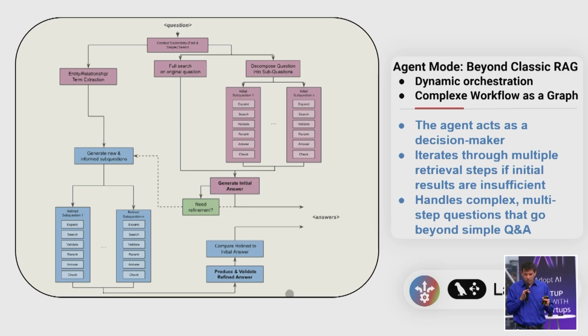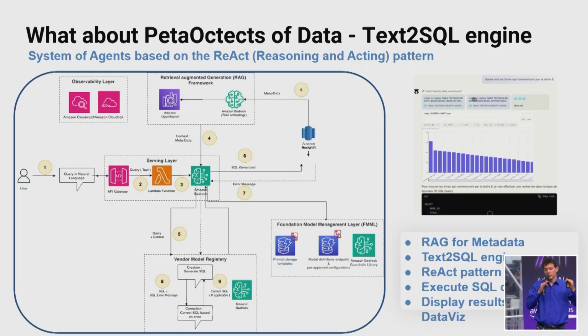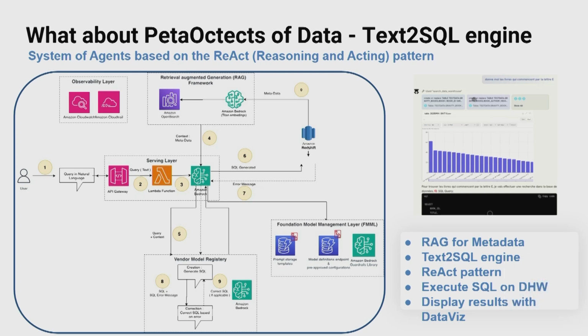So this is good, but what if I have a data warehouse with petabytes of data? I will not index all my Databricks, all my Snowflake, all my Redshift inside Hymalaia. So for that, we have another way, which is what we call text-to-SQL. At the beginning, the user asks a question, and what we will index on the RAG is not the data, it's the metadata.